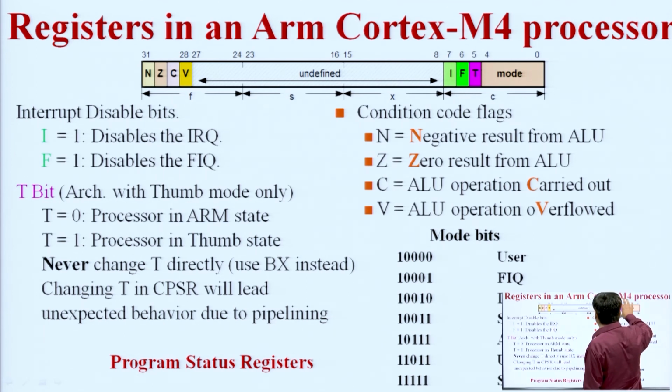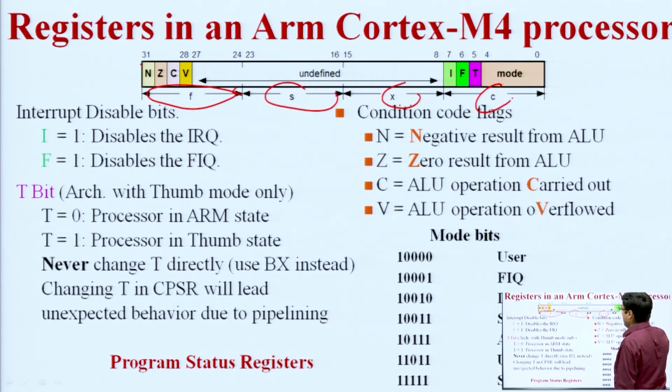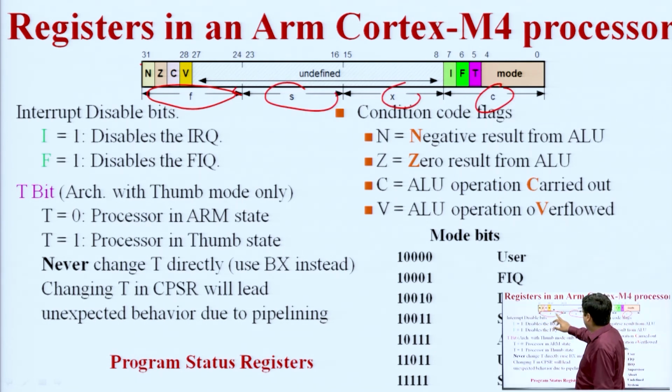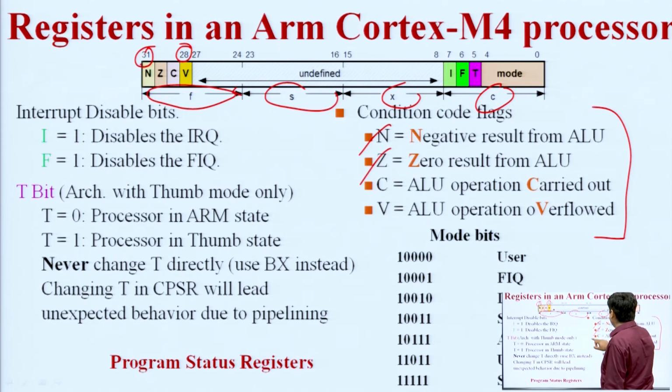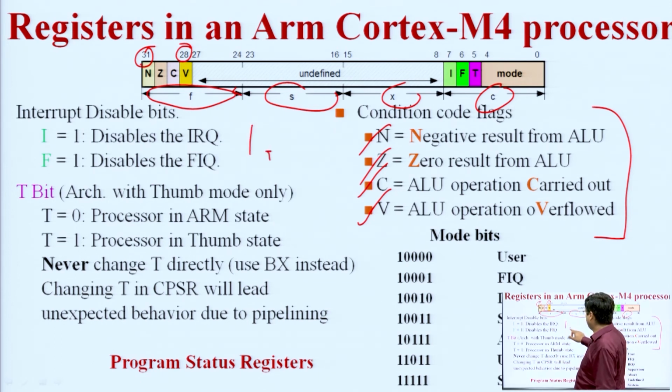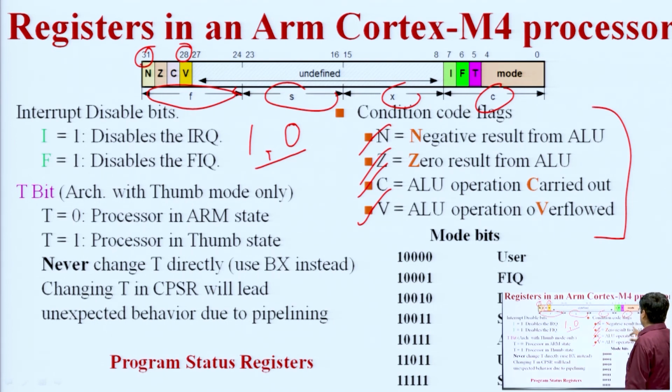So how can the organization be done in a 32-bit register? Here you can see that the 32-bit register is divided into various fields: F, S, X and C. From bits 28 to 31 there are some flag values: negative flag, Z flag, carry flag and overflow flag. A flag is raised, meaning 1, or low, according to its operation. For example, if a negative result occurs, this flag will be 1.